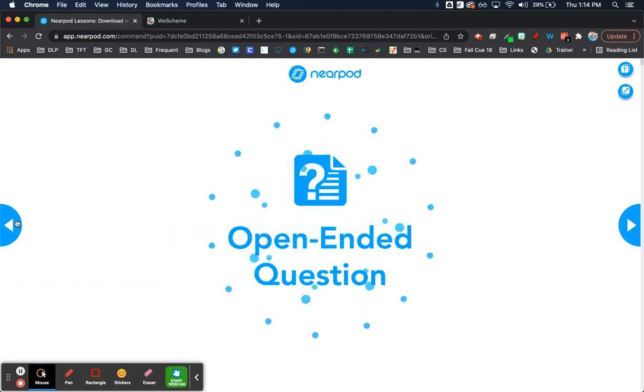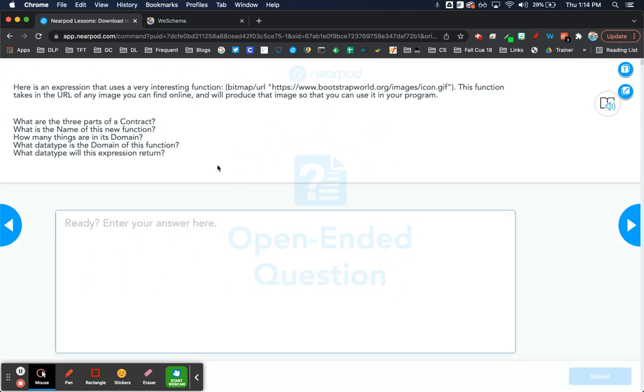All right, so looking at this, remember, every time we do parentheses, the first thing is the name of our function. So our function is called bitmap URL. Okay, and remember that our contracts have the name of the function, the domain, and the range. We can look at the stuff that it's taking in, and if we look, it's just this one thing that's in quotes right here. So there's only one thing being passed into